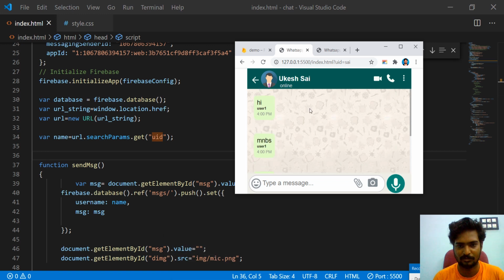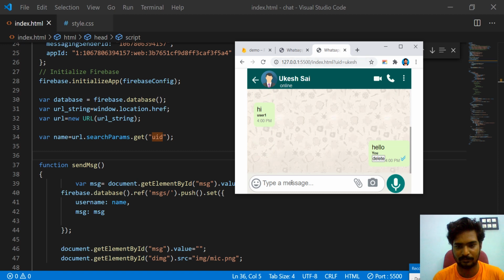Yeah, you can see it's a group chat application. Logged in as hi, hi, hello. This is from Vikesh, this is from user one. If you are Vikesh, it's your message.